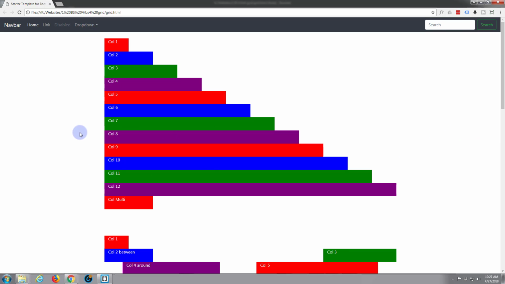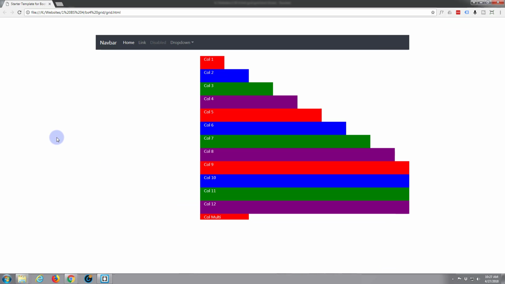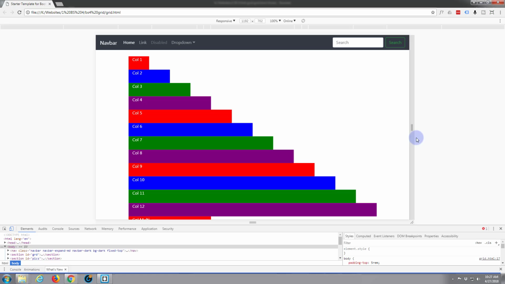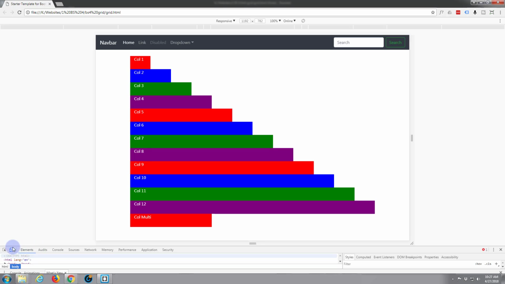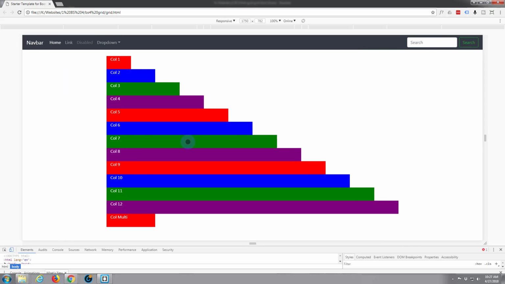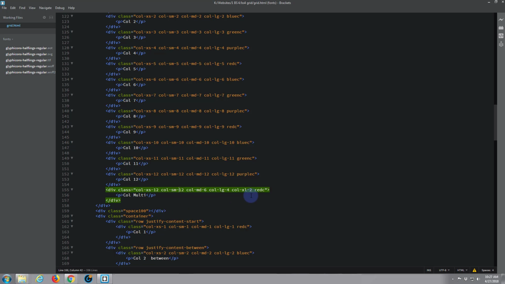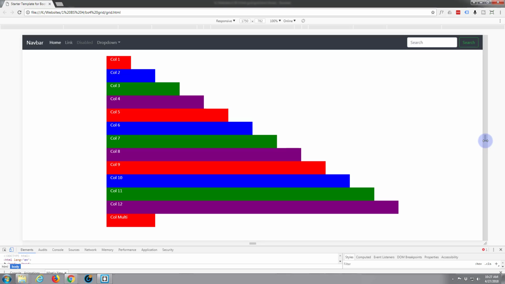And at the moment, my viewable area is extra large. And if I just bring up the Chrome Inspector by hitting F12, I'll just move it down out of the way just a little bit. I've got the responsive tab highlighted over here, so I can resize my screen to however I want it. Now if you look, at the moment, that column is 2. It's the same size as that column 2 there. If we look here, extra large 2. Now if I reduce that screen down a bit,